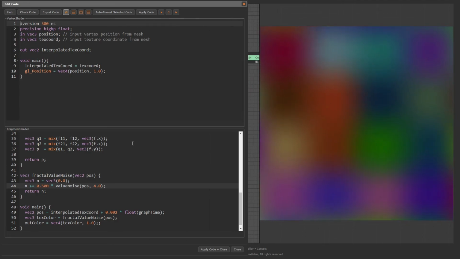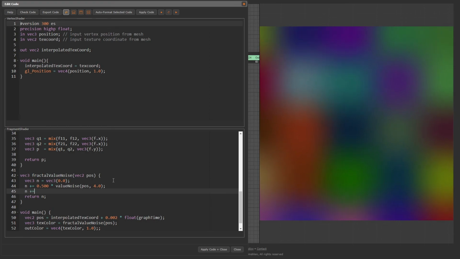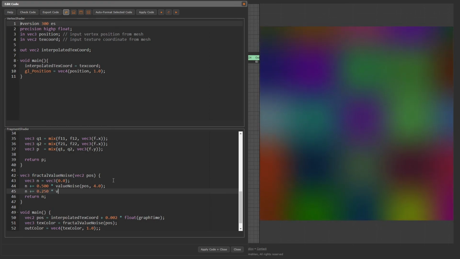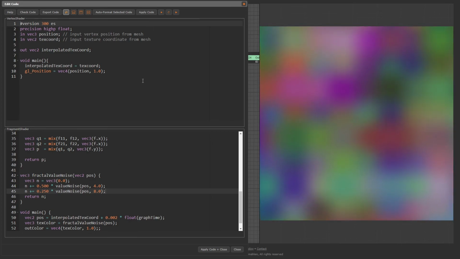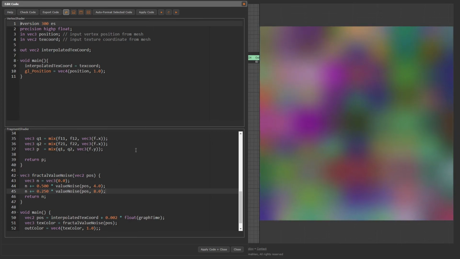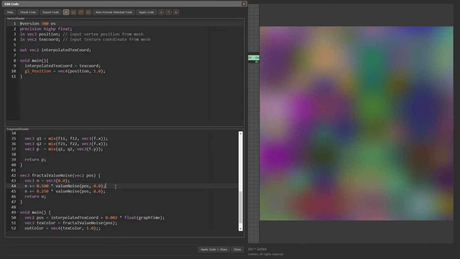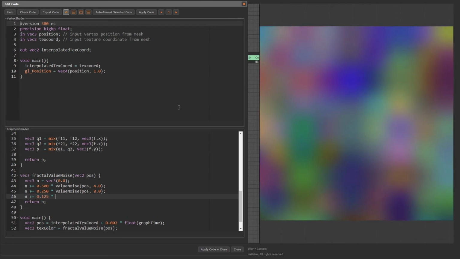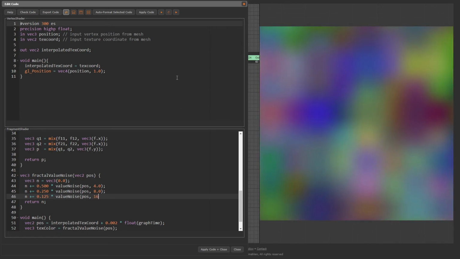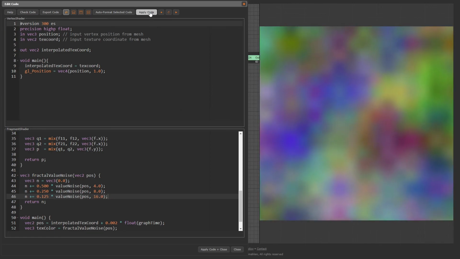Apply. We add the next layer, n plus equal 0.25 times valueNoise pos, 8.0. And another layer, n plus equal 0.125 times valueNoise pos, 16.0.